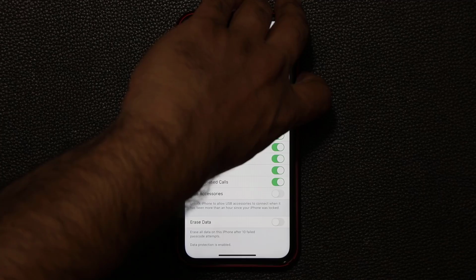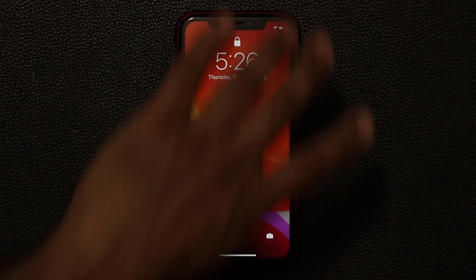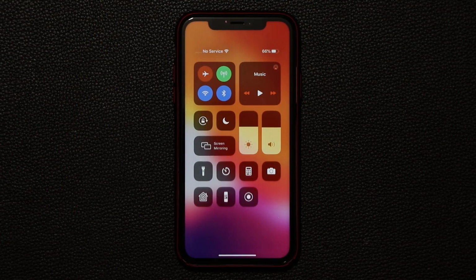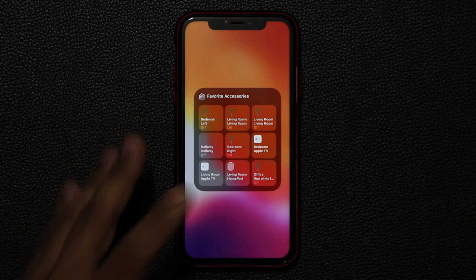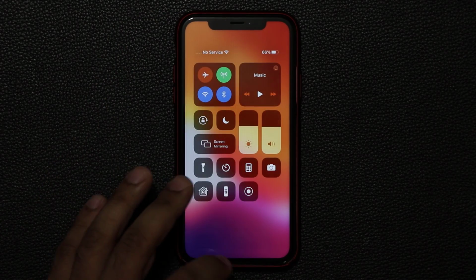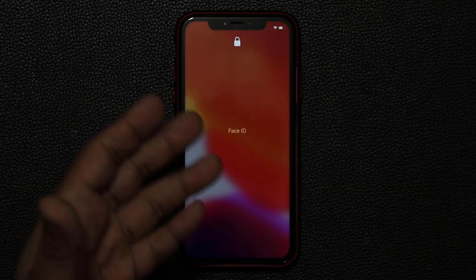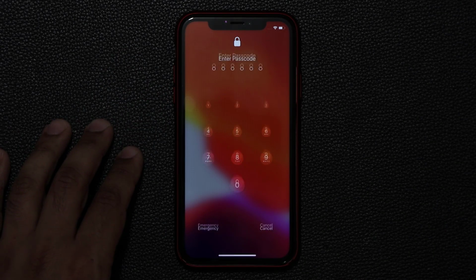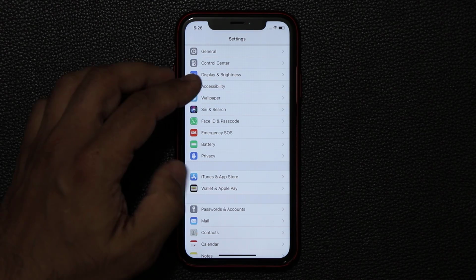So if my phone was turned off and if somebody turned it on, they can access my control panel and make modifications to my phone right from the screen. Even though the phone is actually locked, they can't access the phone. So that's not good. So what you want to do is you want to go to the settings, go to